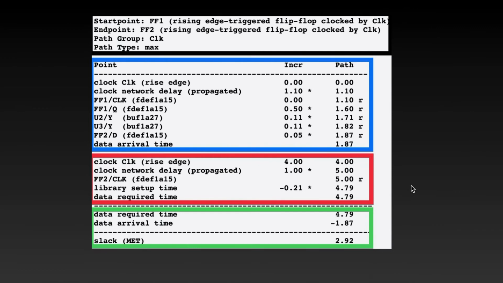And please note that based on the design requirements, we can also perform the setup check at 0 cycle, meaning we can perform the setup check at the same edge, and also we can perform the setup check after multiple cycles. And we can perform these non-default setup checks by defining the multi-cycle paths. Okay, so if you just create a clock and without any multi-cycle path commands, by default the timing analysis tool does the setup check after one cycle.